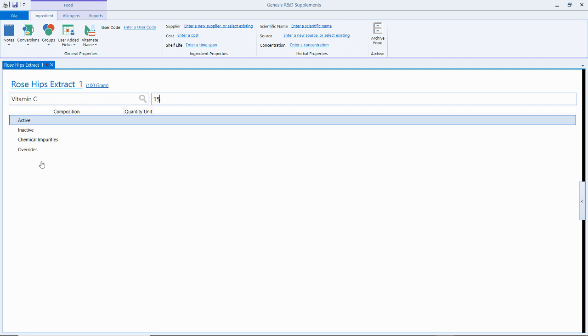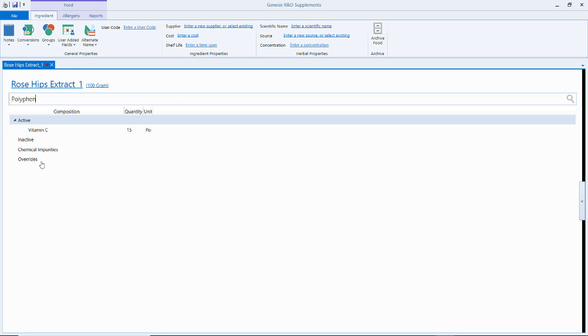And the program wants to know if the component is active or inactive. Active components are those that have an intended nutritional or physiological effect, and they will be included on the formula screen and are what allow you to create a formula based on the component amount. These components can be listed on the supplement facts panel, but inactive components, like fillers or water, for example, will not be. So I enter the vitamin C as active, and then I go to the next component, which is